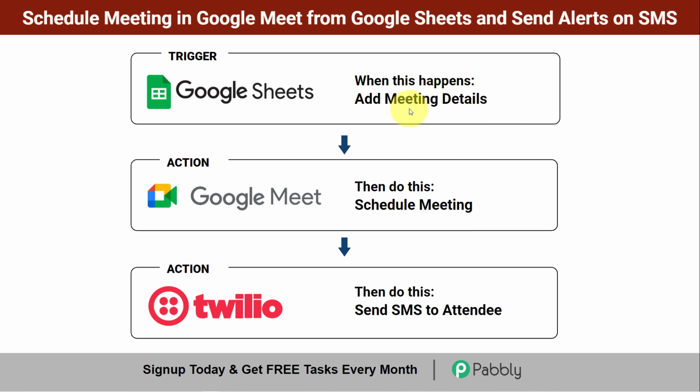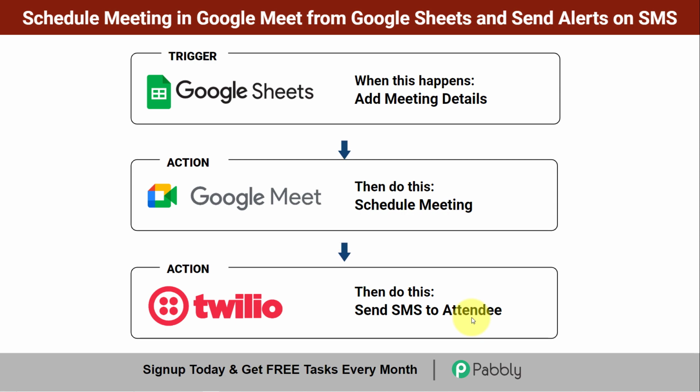Either you can manually copy the meeting details, schedule a meeting into Google Meet and inform the attendee by sending the SMS manually, or you can entirely automate this process so that every time the meeting details are added here, the meetings will be scheduled automatically into the software and the SMS will also get sent automatically to the attendee. So if you also want to automate this process, come with me and I will show you the whole